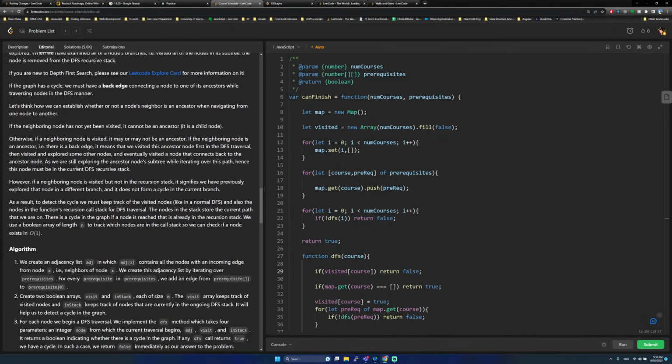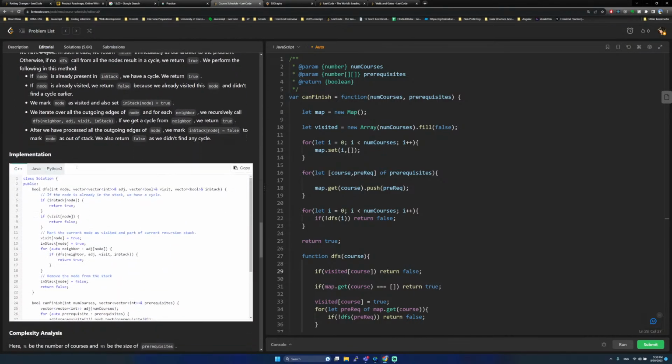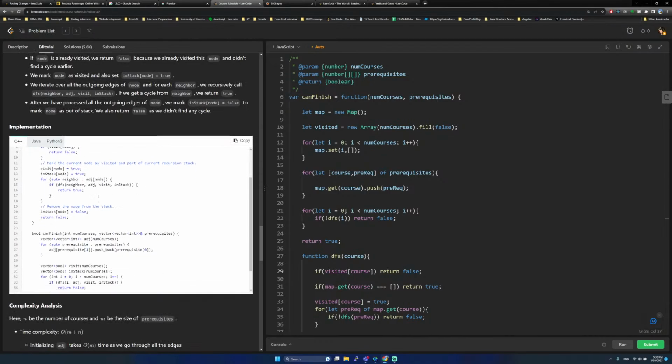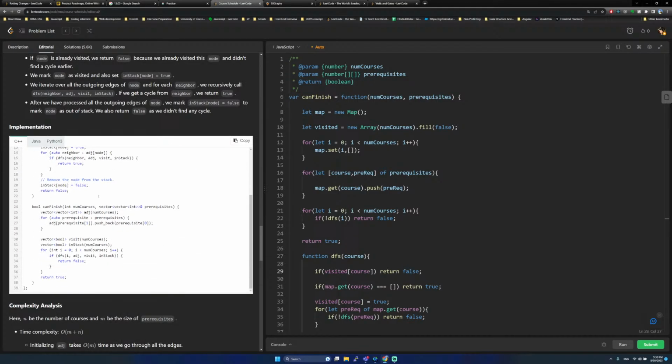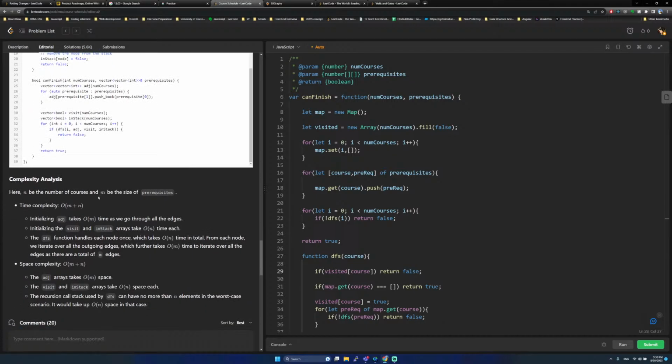Okay, so this was the basic DFS approach. So initializing of m adjacent times as we go through all the edges, initializing the visit and